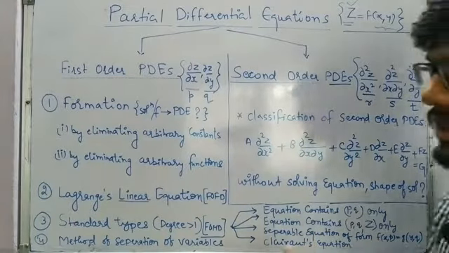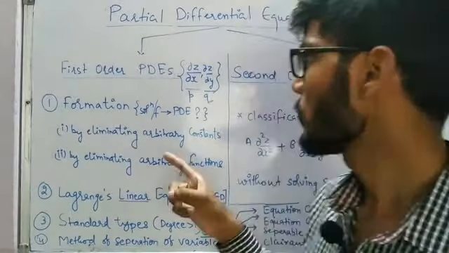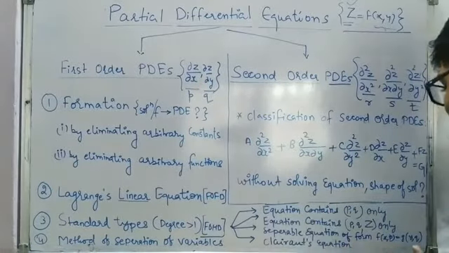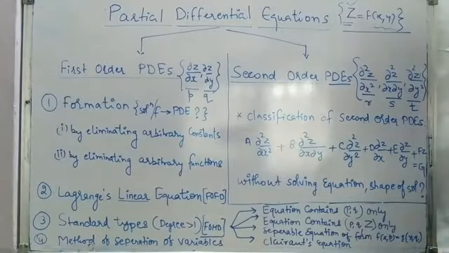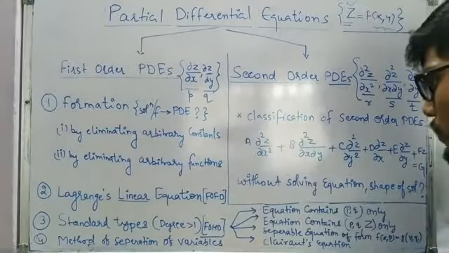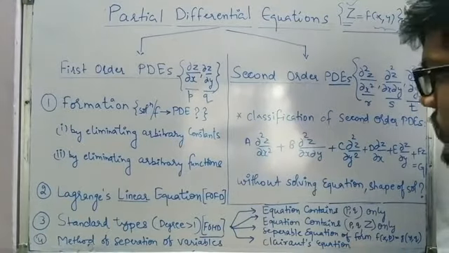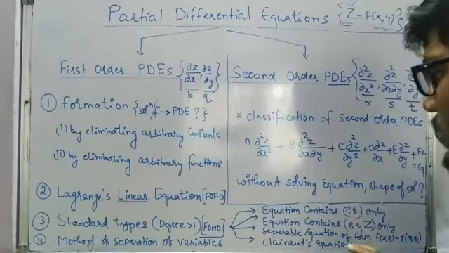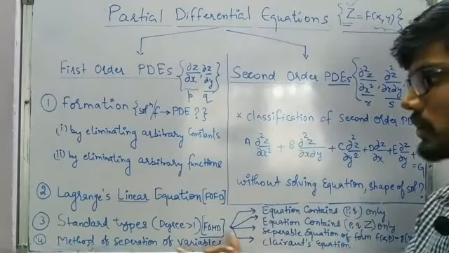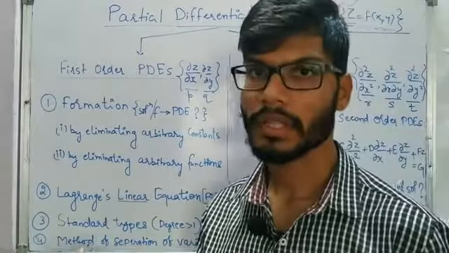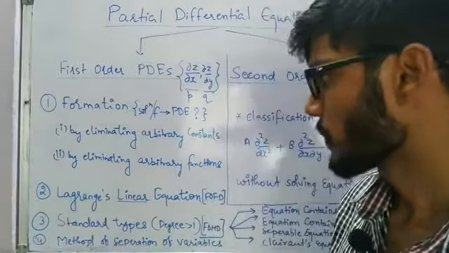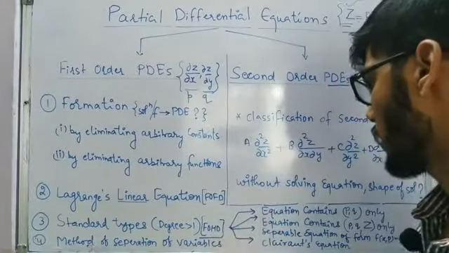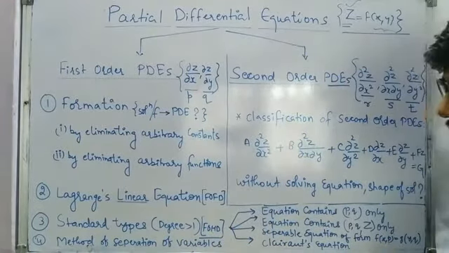So on the left hand side we have the function of x and p. P is nothing but dou z by dou x, and on the right hand side we have the function of y and q. So y and dou z by dou y. And the final standard form is going to be Clairaut's equation. So if you are not able to understand what exactly is happening here, we are going to look at it in a detailed manner in the upcoming session. So you need not worry about this if you are not getting exactly how it is going to be.